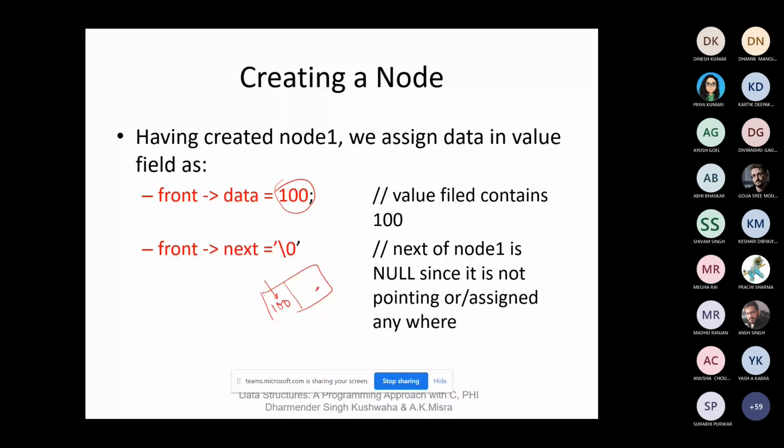And because no other node is present, the next field will contain the null value. So front to data contains the value 100, and front to next contains the null value. So in the list, there is only one node, which has the value 100. So you have created this one.